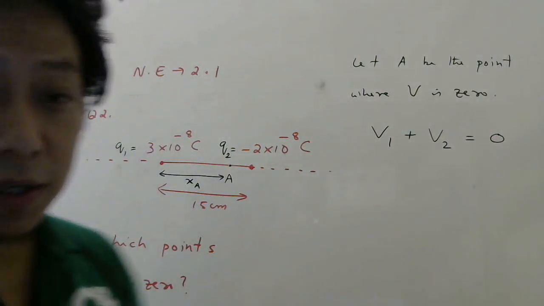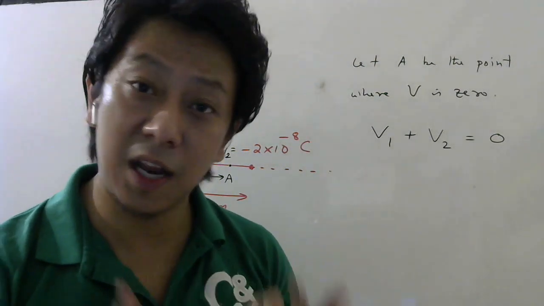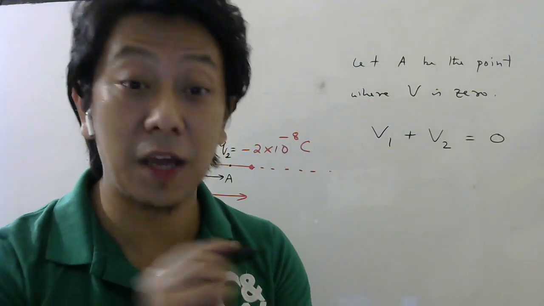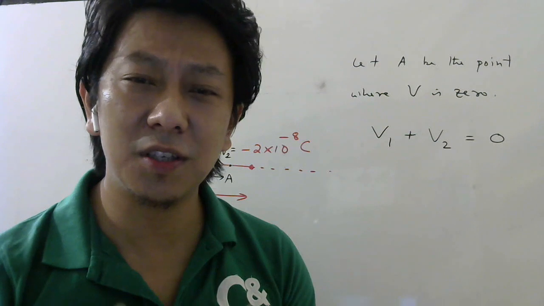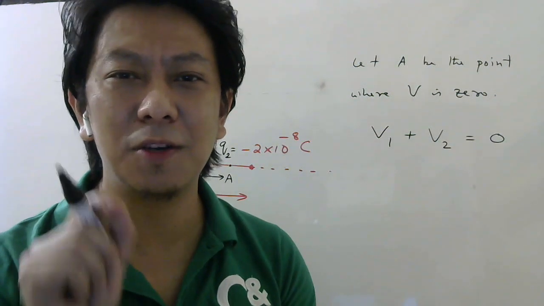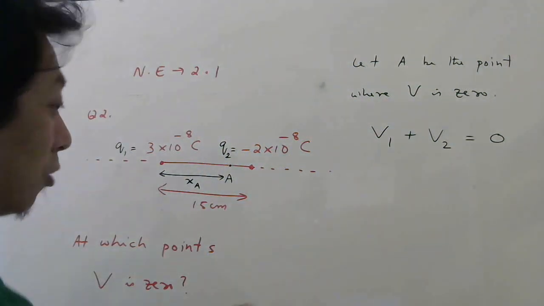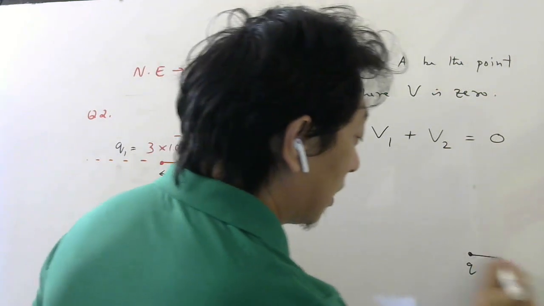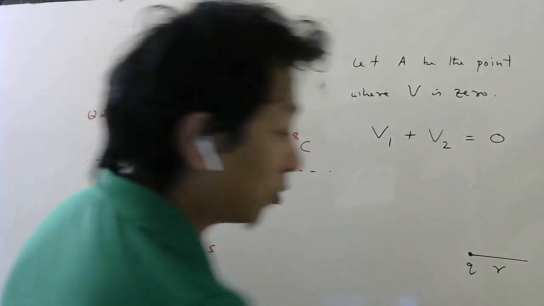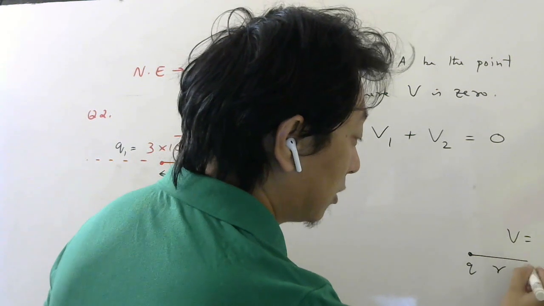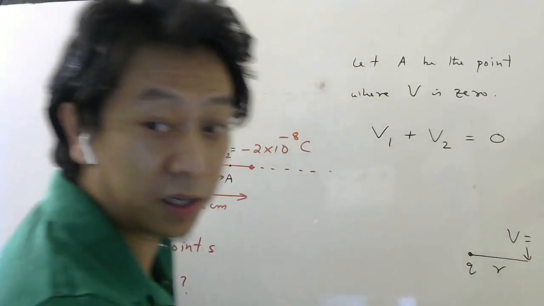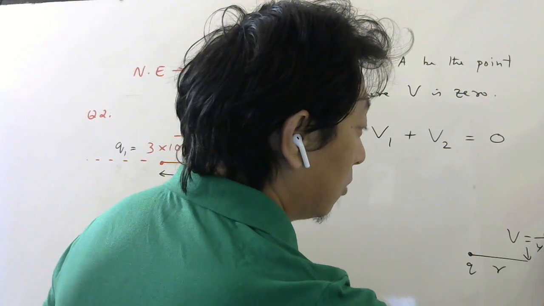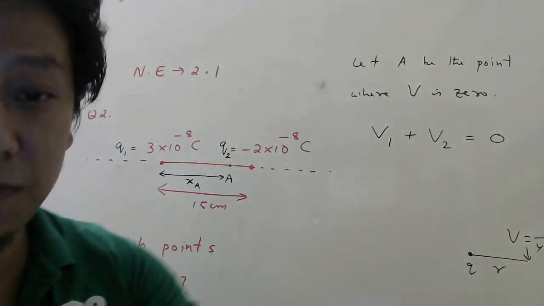Potential is produced by source charge, just like electric field. The only difference is that in electric field you should draw directions also. In case of potential, it is very easy, just calculate the potential due to a point charge. I hope all of you remember the formula. If there is a point charge q at a distance r, what was the potential V at this point? 1 by 4 pi epsilon naught, q by r, right? It's not visible, right? Okay.